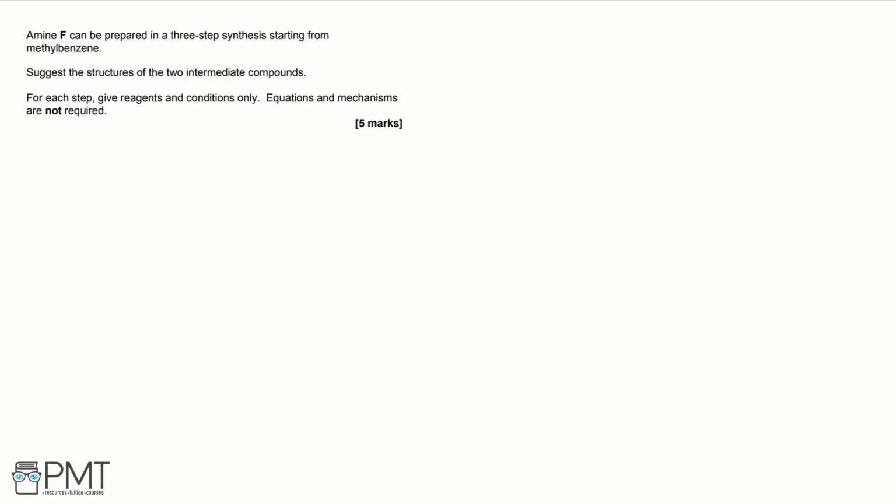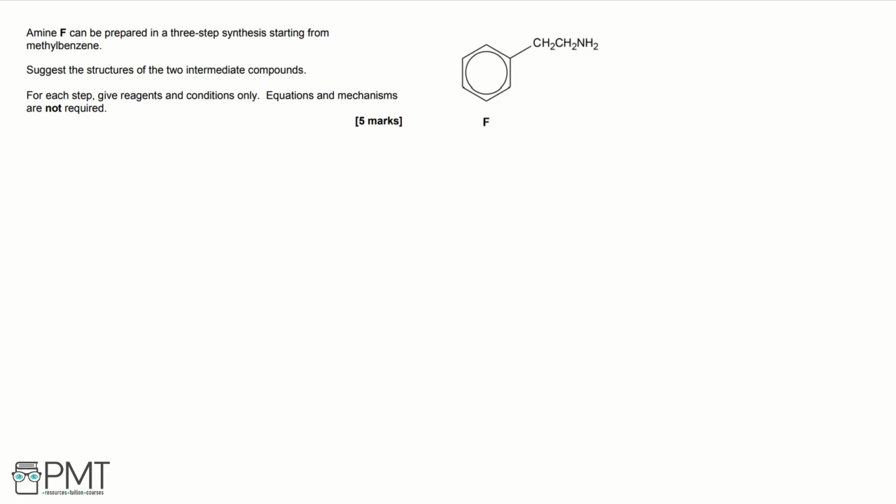Amine F can be prepared in a 3-step synthesis, starting from methylbenzene. Suggest the structures of the 2 intermediate compounds. For each step, give reagents and conditions only. Equations and mechanisms are not required. So in this question, we're starting with methylbenzene and we want to make amine F, which I've copied over here